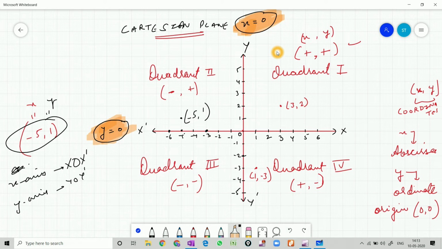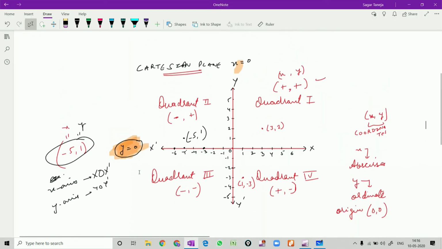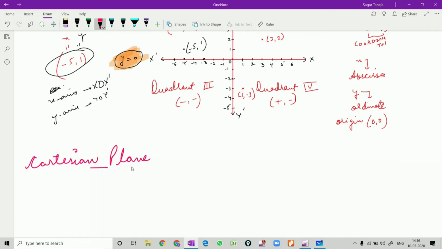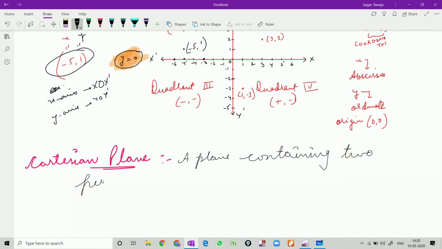So let us write now some of the definitions. Clear? Fine. So let us start now with the main definitions. First we need to write is Cartesian plane. First of all, what is a Cartesian plane? So in easy words we can write, a Cartesian plane is a plane containing two perpendicular axes,